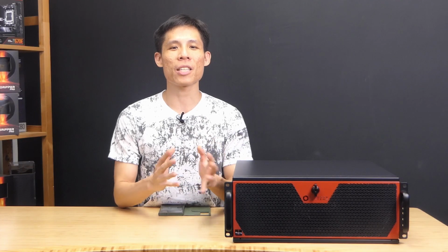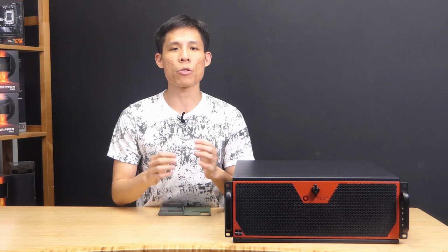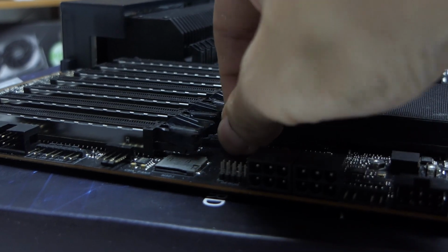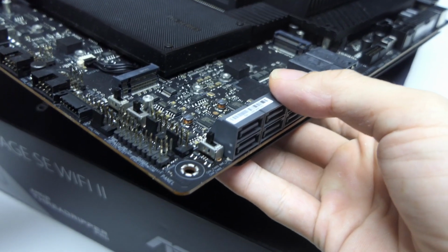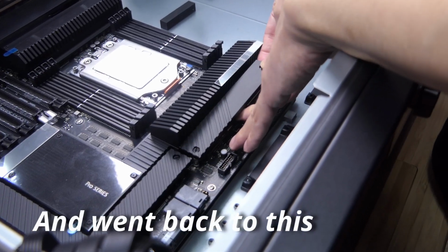Okay, number 2. As we are using 22-100 SSDs, which are longer than 2280 SSDs, it can be difficult to screw the heat shields onto the SSDs and lock them into place. In this ASUS motherboard, the SSD standoffs are soldered onto the motherboard. We are not able to remove the standoffs from the motherboards and use the Q latches that are provided by ASUS. You will have to just leave the SSD there, put the heat shields on top, and screw down the heat shields